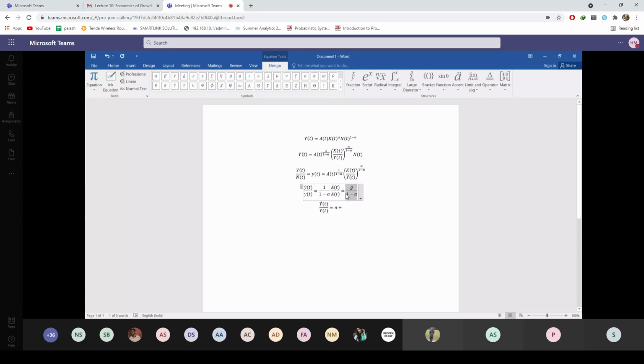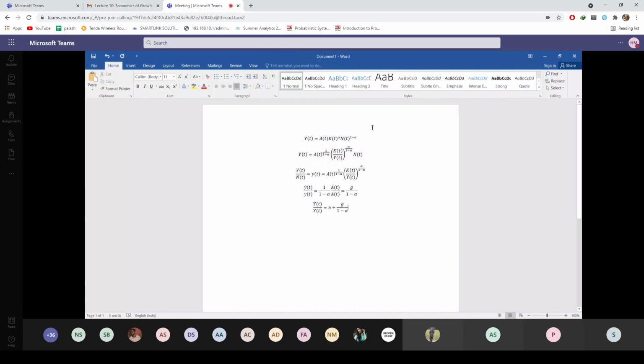So this is the result. Your per capita output will grow in this particular model with technological progress, which is both labor augmenting and capital augmenting. Rate of growth of per capita output is this, and rate of growth of physical output is this. So as in the balanced growth path, everything per capita is basically growing at the same rate. So the rate of growth of per capita capital stock, that means small k dot t divided by small kt, at the steady state will also be g divided by 1 minus alpha, and capital K dot t by capital Kt along the balanced growth path will be n plus g divided by 1 minus alpha.